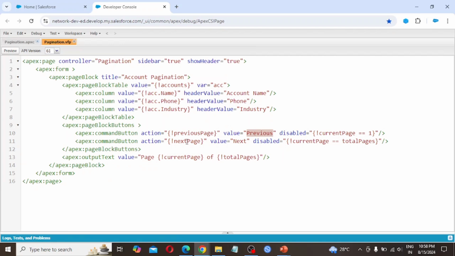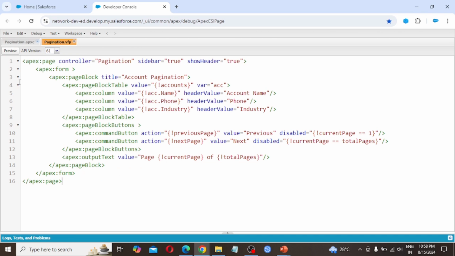Command button, action nextPage, value equals Next, disabled if currentPage is not equal to totalPages. Then the pageBlockButtons section is closed. apex:outputText value: Page currentPage of totalPages.